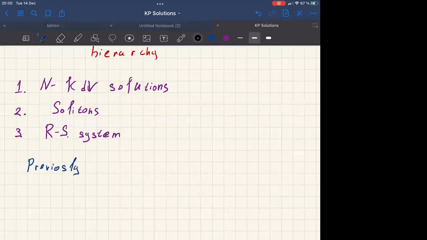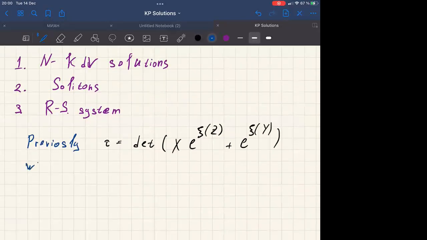I have shown that tau, which is as a formula, y, where we have over x minus yx equals